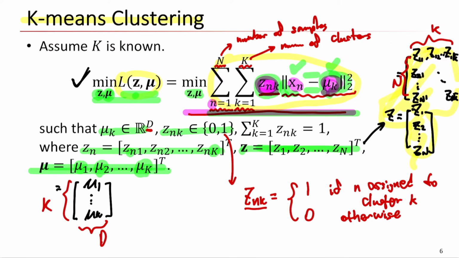So the loss function for k-means clustering is as follows. We want to find Z and mu, right? So Z is defined something like that. When we define the input x in R^D space, then the size of the large X, or the data matrix, is something like